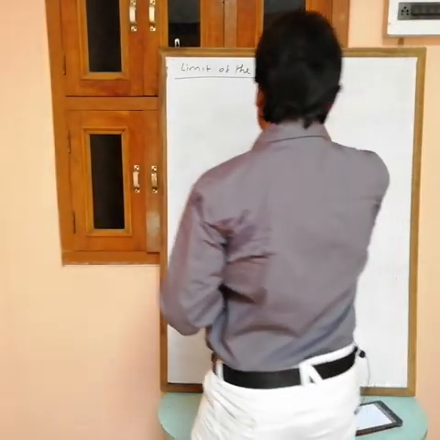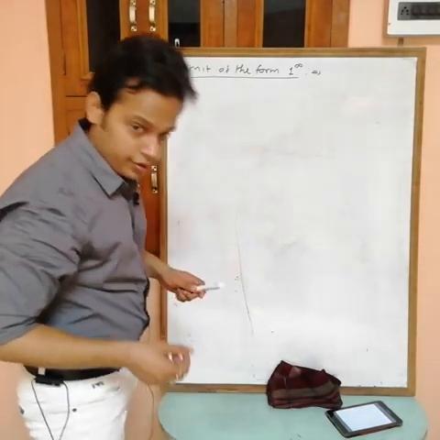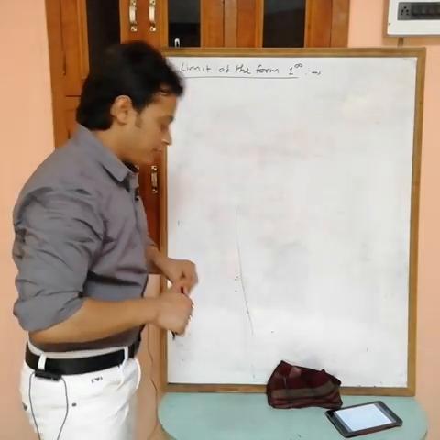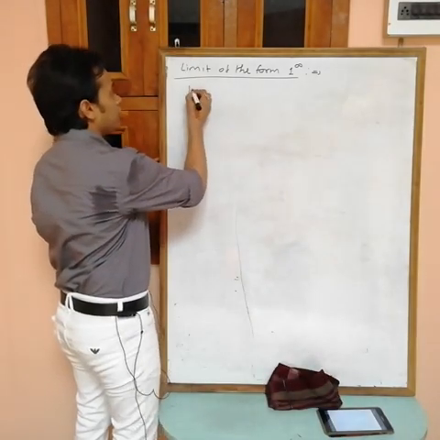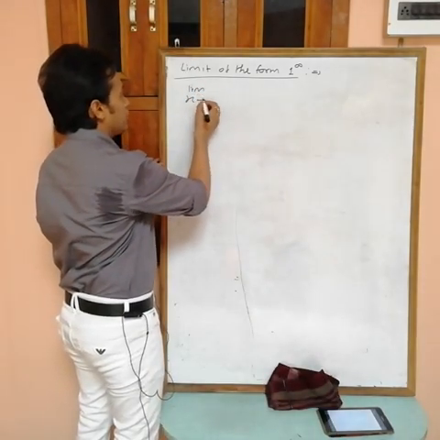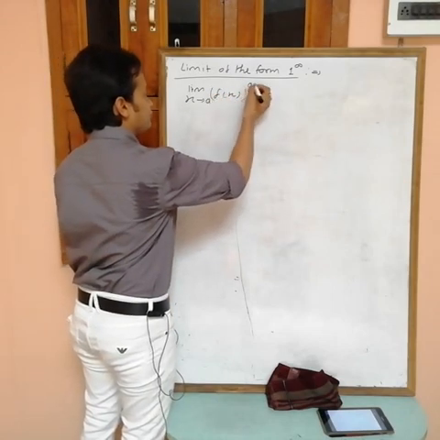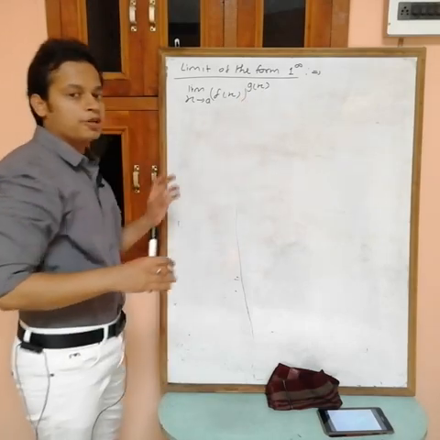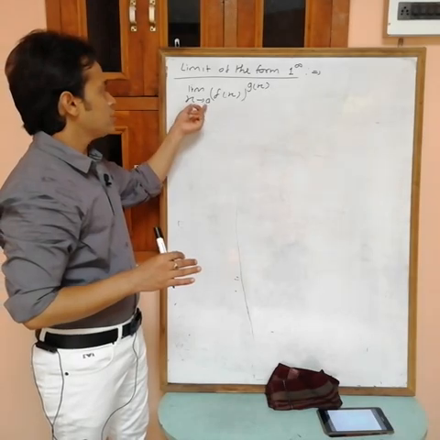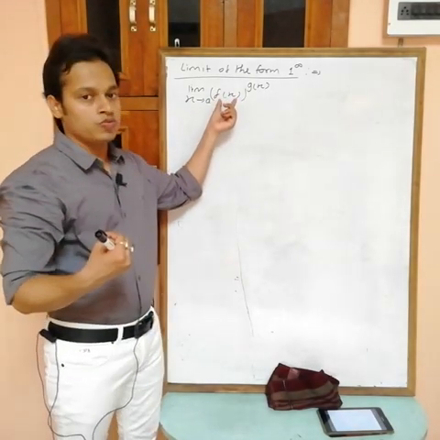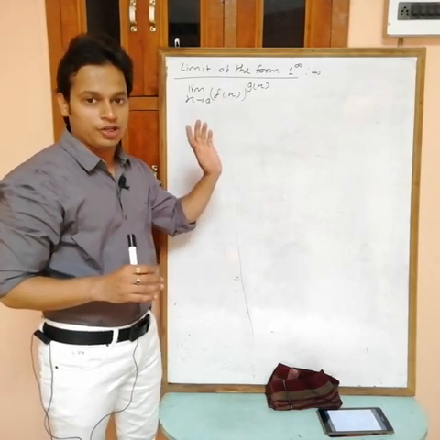Okay, next topic is limit of the form 1 power infinity. So actually, if you have the limit as x tends to a of f(x) power g(x), and if you put x equals to a, if f(x) goes to 1 and g(x) goes to infinity, then you are getting the 1 power infinity form,